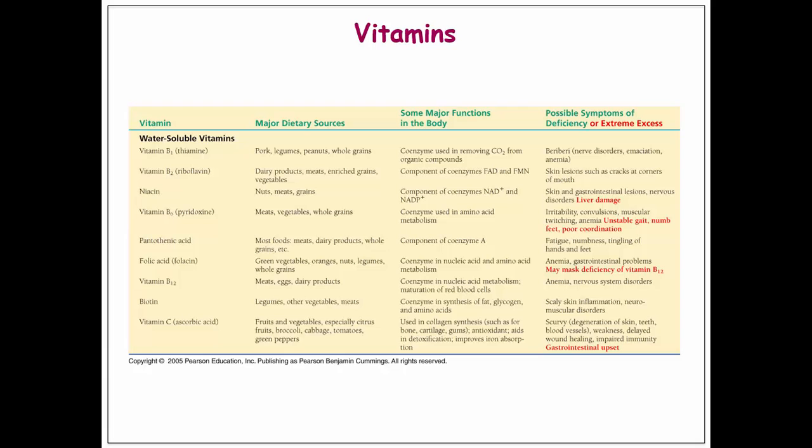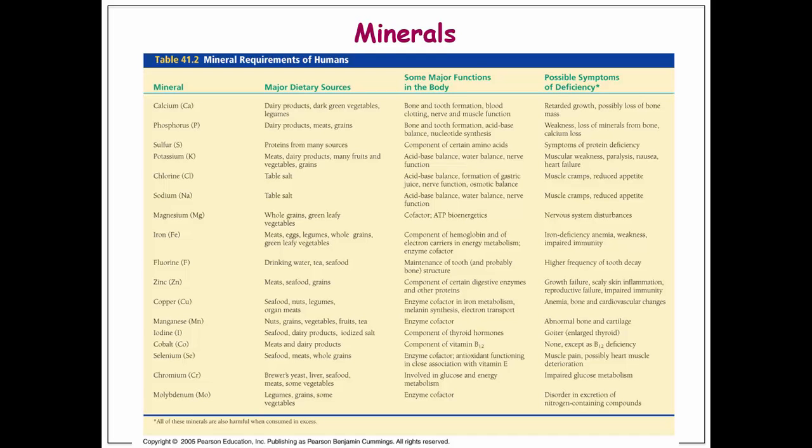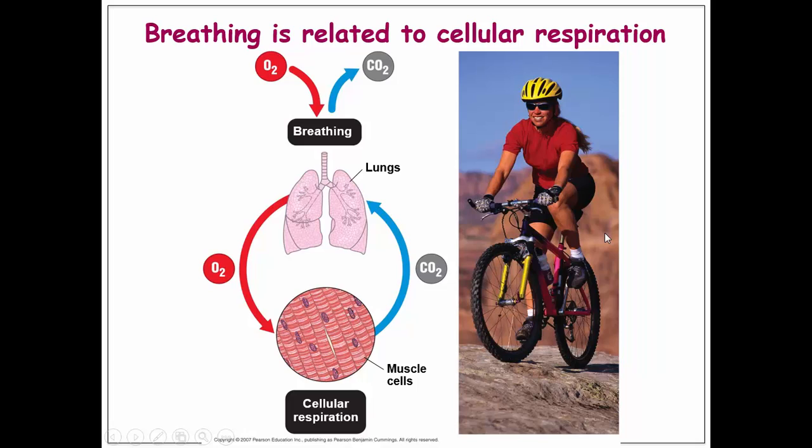There are certain vitamins, be aware of what the vitamins are. Two main classes are water soluble and fat soluble, have an idea of what they do. Minerals, there are some minerals that we need in large amounts and minerals that we need in very microscopic amounts. Calcium, phosphorus, sulfur, and potassium are kind of the major big ones that we need, and the other ones are smaller. Again, be able to describe respiration, both the act of breathing by all animals or examples of all animals,